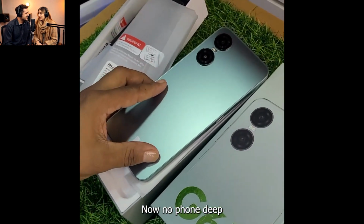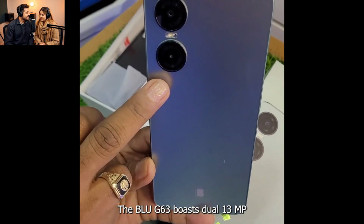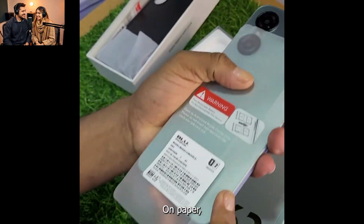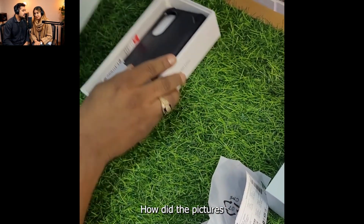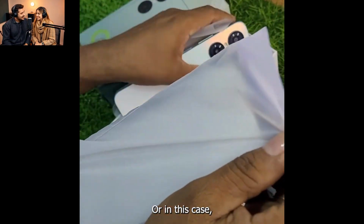Absolutely. Now, no phone deep dive is complete without talking about the camera. True. The BLU G63 boasts dual 13MP rear cameras. On paper, that sounds pretty good, especially for a phone in this price range. But what's the word on the street? How do the pictures actually look? You know what they say, don't judge a book by its cover, or in this case, a phone by its